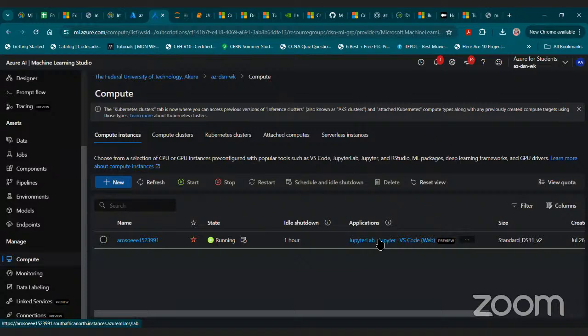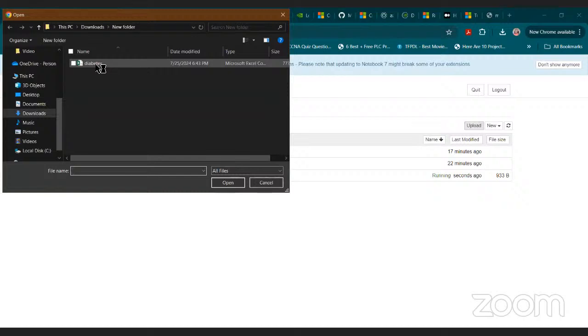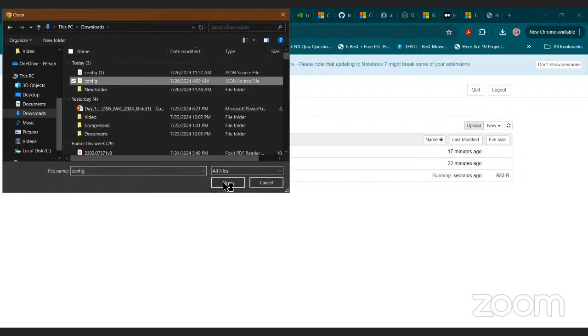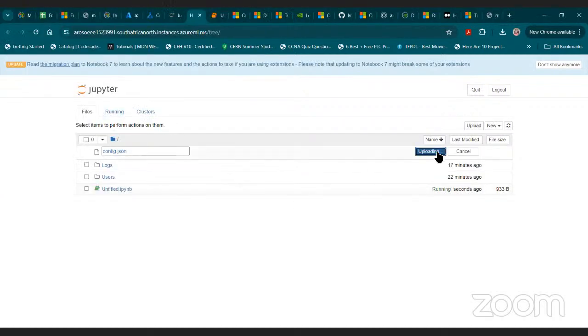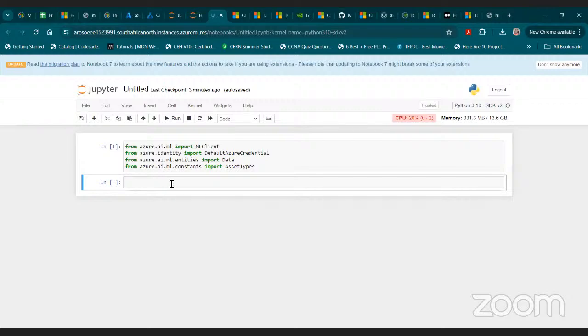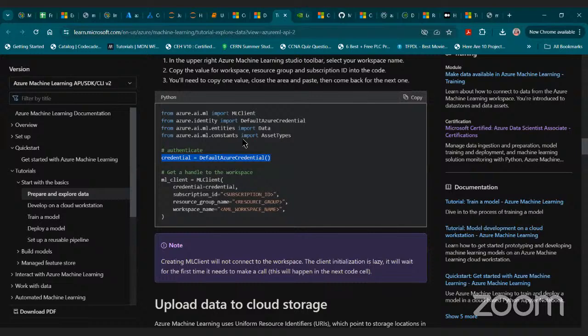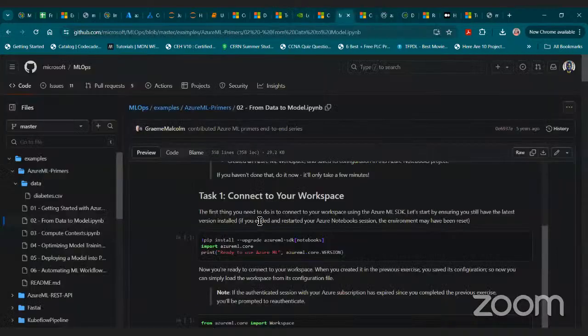So I want to upload. I think Jupyter is not giving me the option to upload. Okay, I can upload from here now. So you can upload. This is the JSON file I downloaded. That's my workspace configuration, which I can use. To make it more secure, because I don't want my subscription ID to be exposed. So okay, the command that we now use is